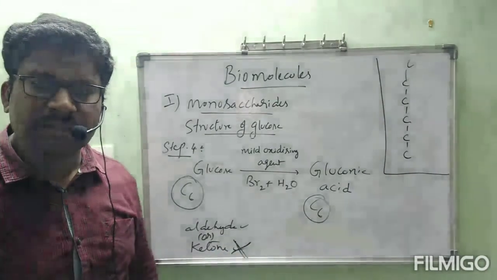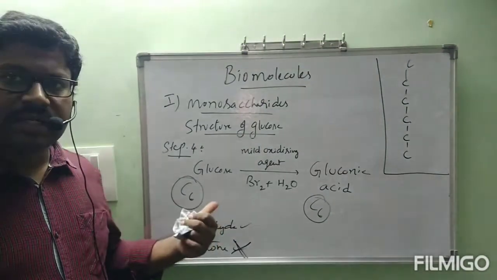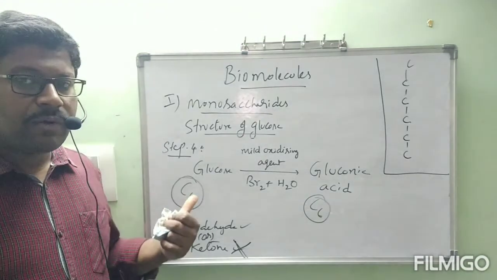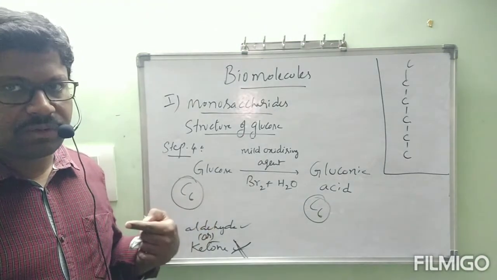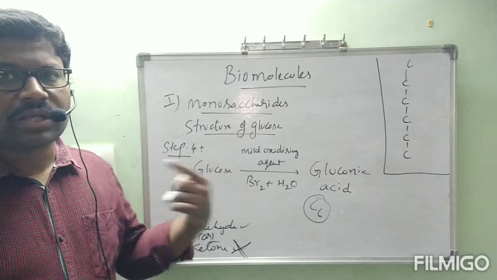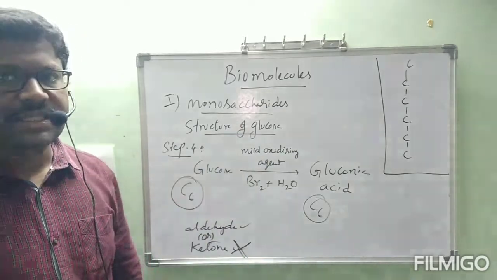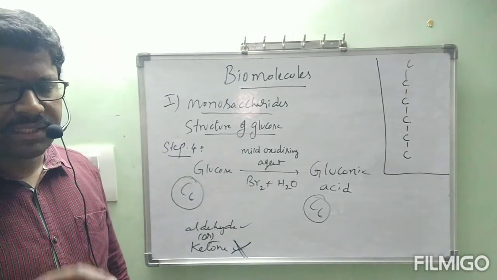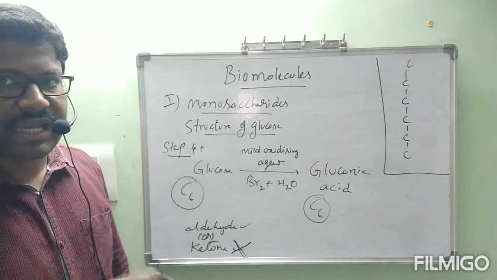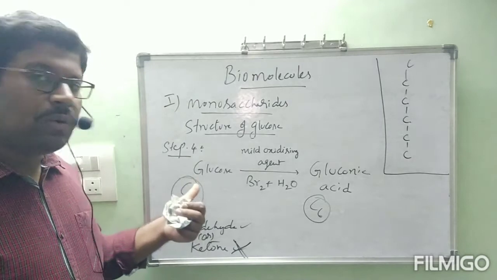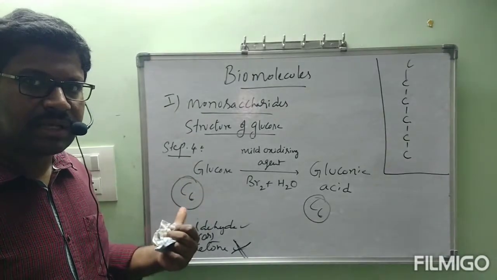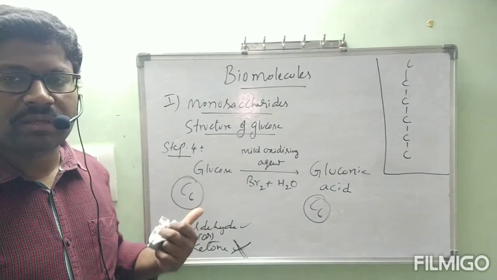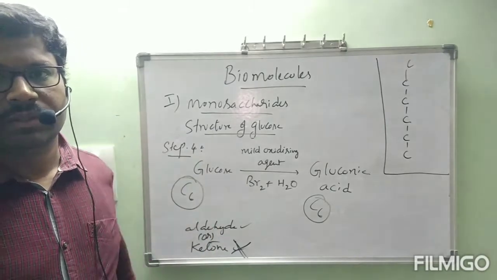How can I conclude this by using this step? Glucose contains C double bond O. That C double bond O might be aldehyde or ketone, that is our doubt. Now it undergoes oxidation to form acid. Gluconic acid is carboxylic acid only, an acid with 6 carbon atoms, and glucose is also a substance with 6 carbon atoms. There is no change in carbon number. Then it is possible only with an aldehyde group.